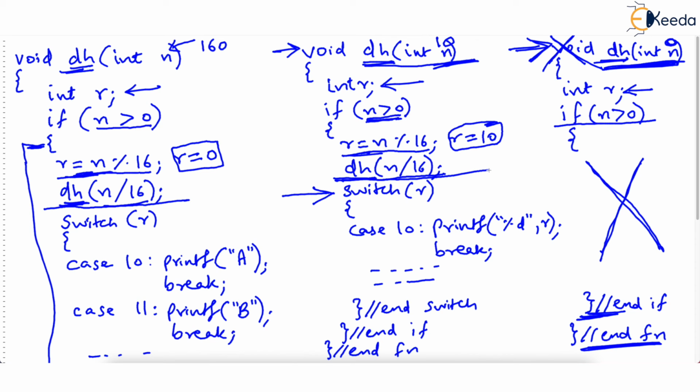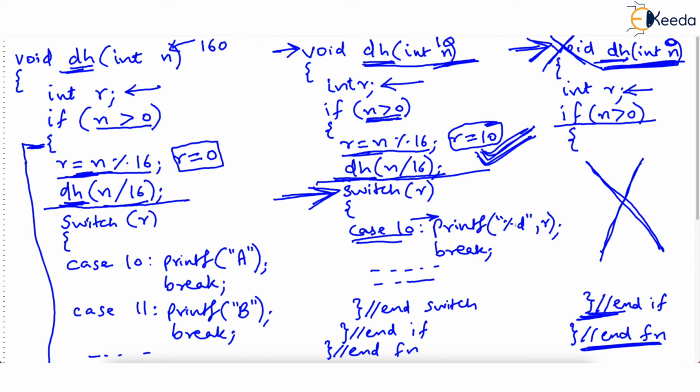So when the function resumes, it says, I have finished with this line, so I'll resume from the next line. It's only a matter of running a switch statement. We have written switch r. That means we are checking what is the value of r. And observe that r is 10. Now, if r is greater than 9, then we should not print it as it is, like 10 or 11. If 10, we should print A. If 11, we should print B. So the switch r makes this case true. Indeed, r is 10, isn't it?